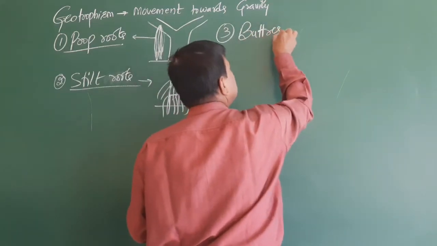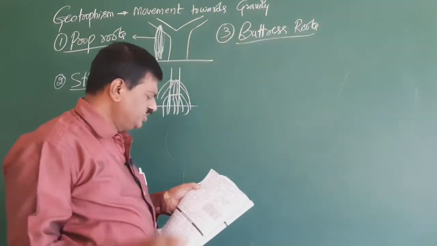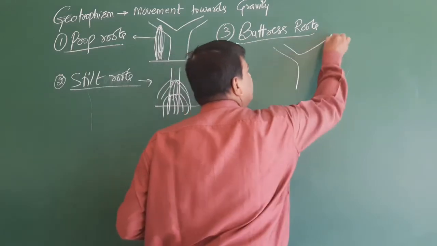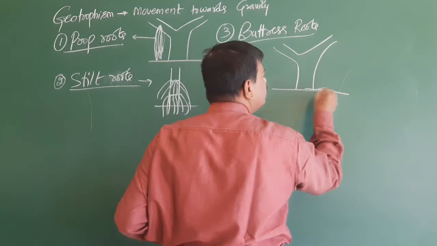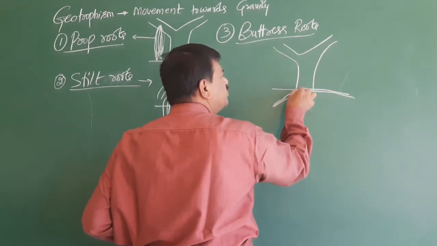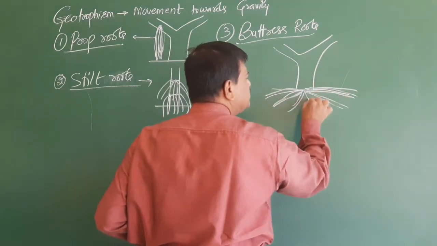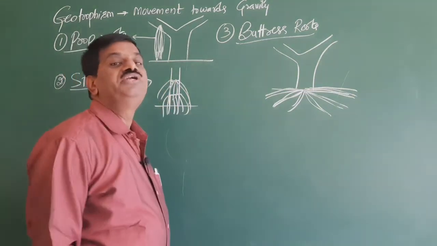And the third option is called as buttress roots. So these roots are usually, so in trees, the roots grow horizontal. So they go horizontal and again they enter into the root system like this. So here when a tree is there, the roots on the upper side go horizontally and they go into the soil.